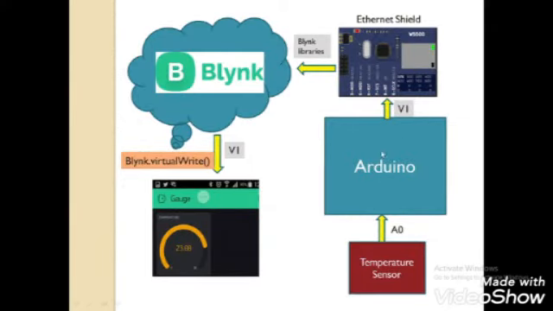So we are writing the temperature values on virtual pin 1. Therefore I have shown virtual pin 1 going to Ethernet shield, that is temperature going via virtual pin 1 including Blink libraries to the cloud, and this Blink.virtualWrite is the function that we are using to write the values on the app. And here we can see that the temperature gauge is showing the result.